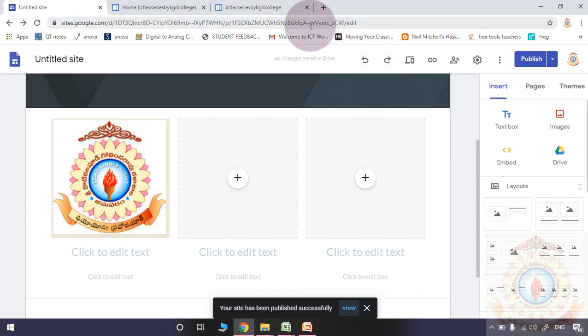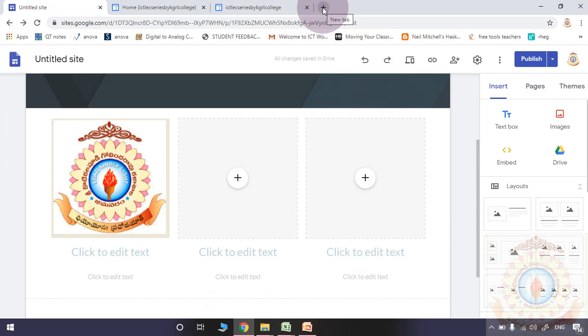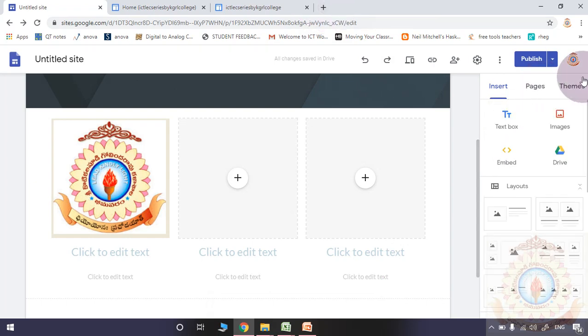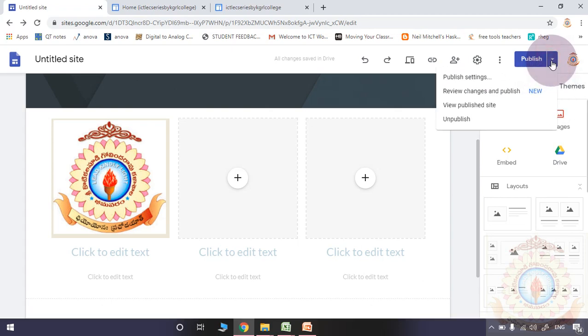Okay, let us see the, please observe here, review the changes, view the published site. In the publishing, there are some options.